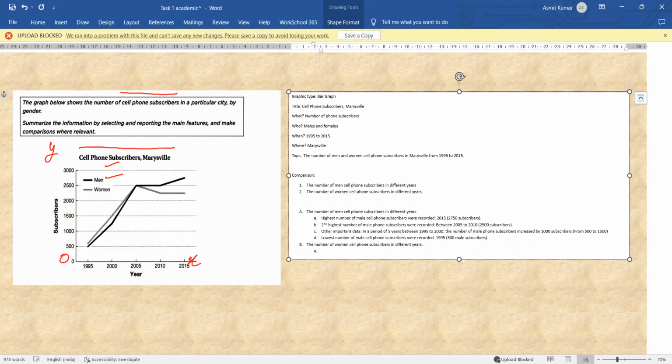And now let's start typing here. So first of all, highest number of women cell phone subscribers were recorded in,